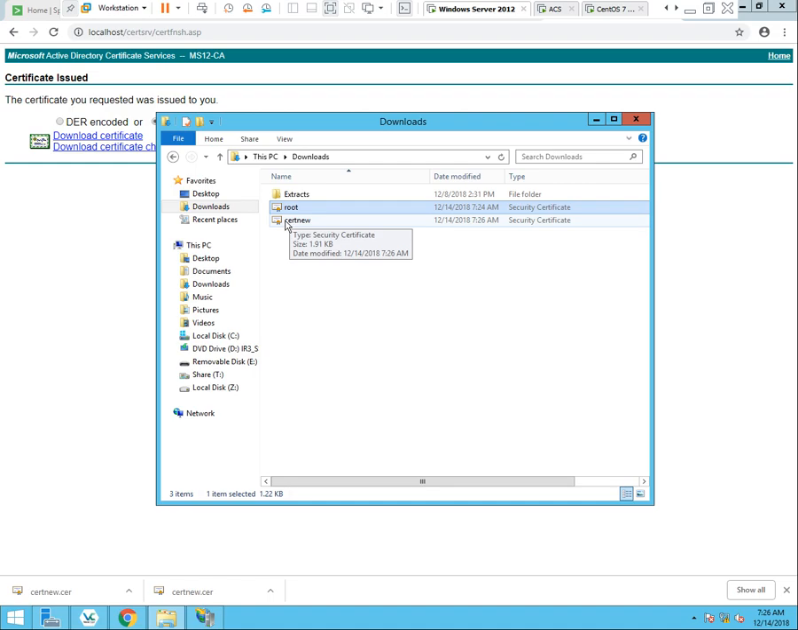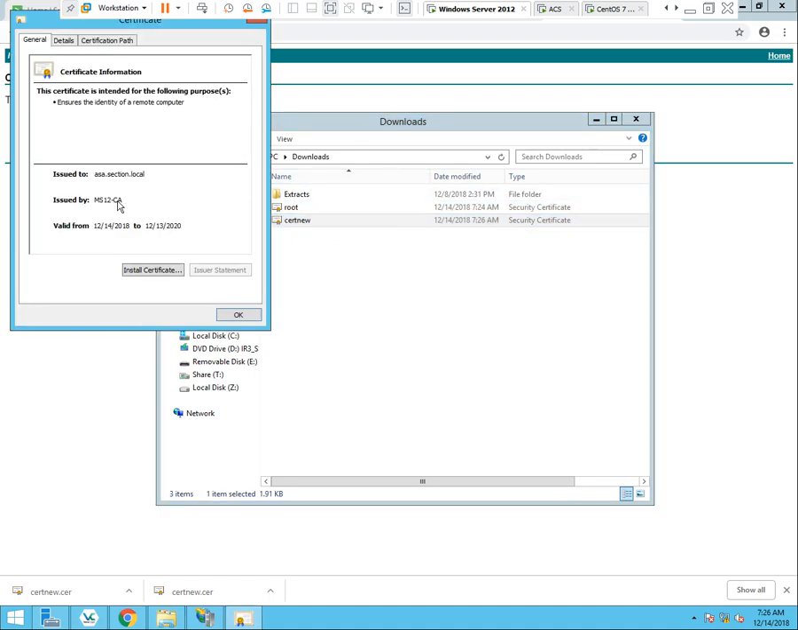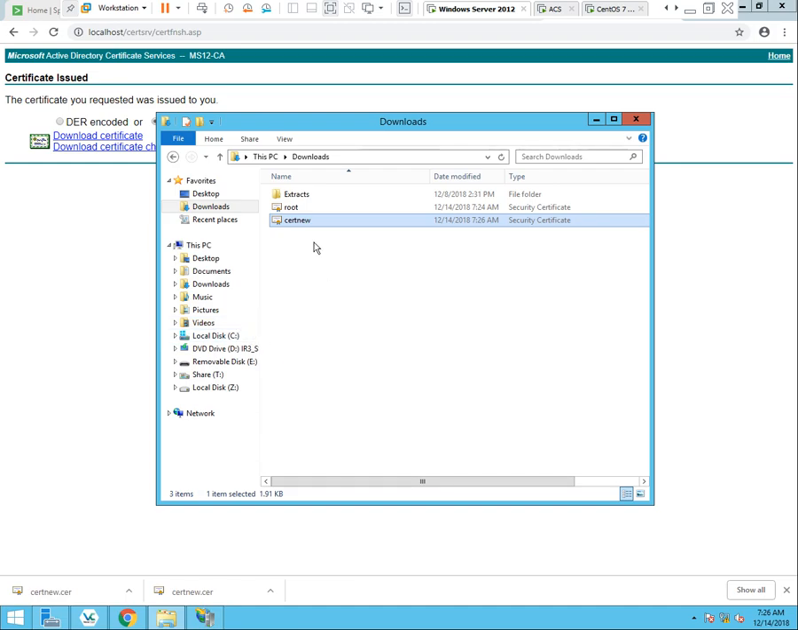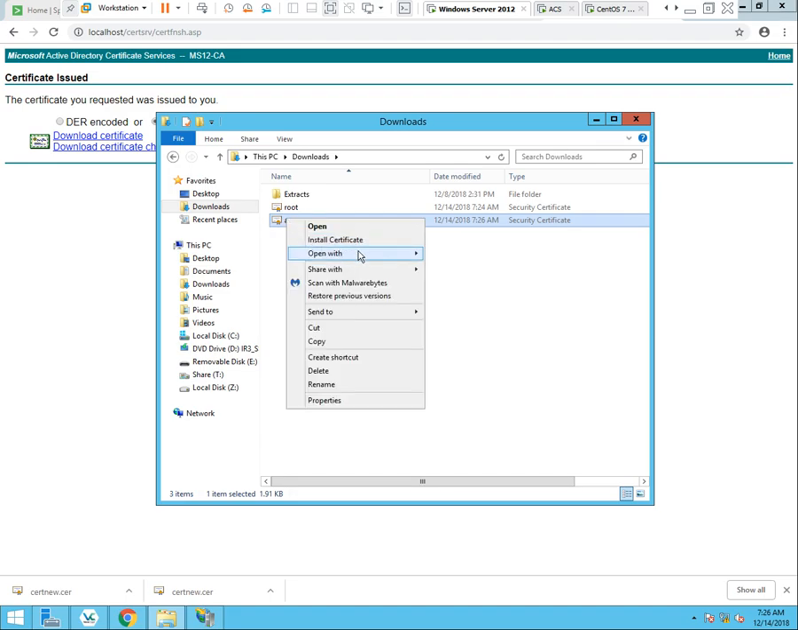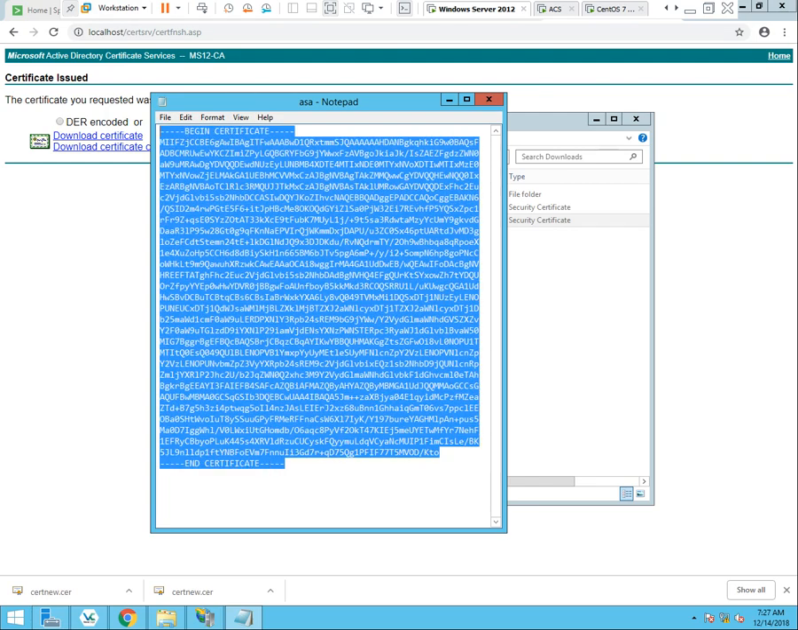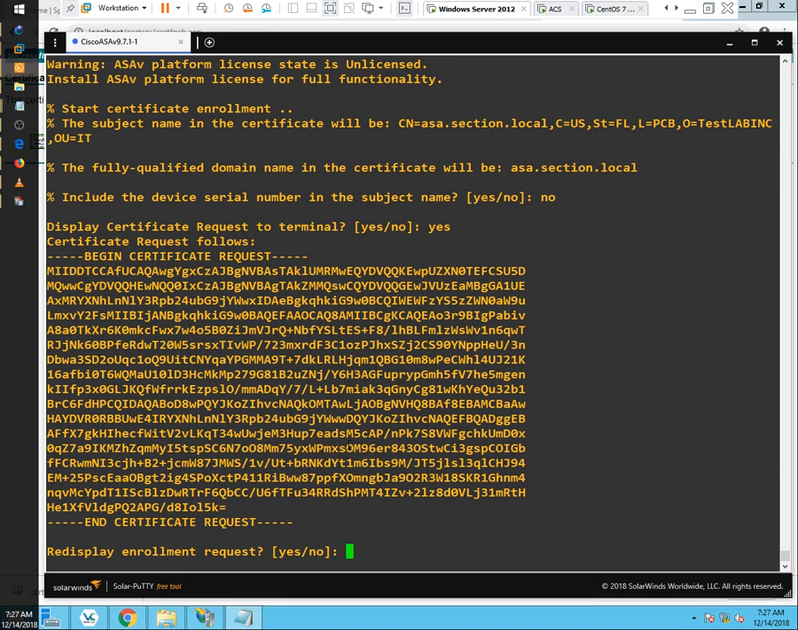Download certificate. We can see that it's just been downloaded. Go over to the downloads directory, and we can see that my root CA has now created a certificate out of that certificate sign request. In the subject field, you can see the details that I included in the trust point. Just go ahead and rename this ASA. I'm going to open with Notepad, copy the text data,